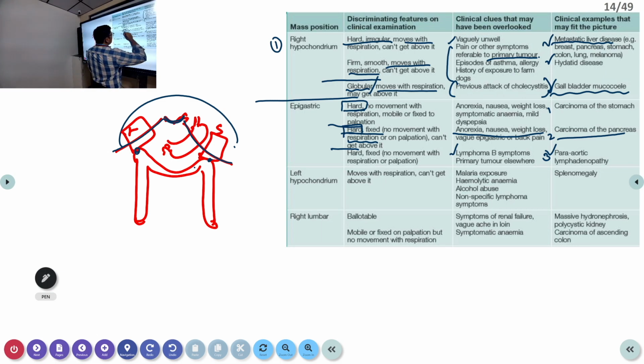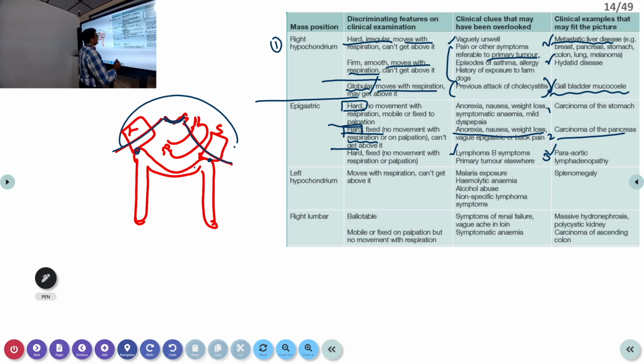They are not going to keep any pancreatic malignancy for you. Hepatomegaly can be kept, and if there is any gallbladder which is palpable, they will keep that. What are the characteristics of gallbladder swelling? It will be globular, and it will move with respiration, mainly because it's in close proximity to the liver, it's attached to the liver, so it also moves with respiration.